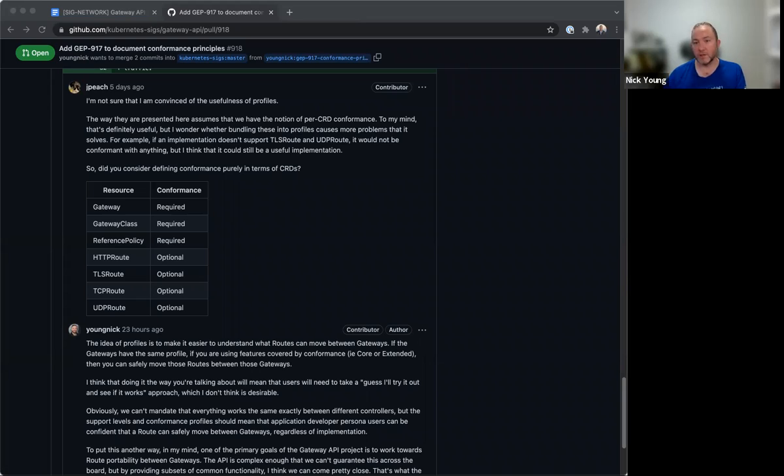But I agree that what I should be doing in this document is specifying this in terms of the supported resources and being more clear about the core and extended on those resources. And then at the end saying, hey, I'm proposing conformance profiles be a syntactic sugar way of gathering up a common set of these things and talking about them. Do we need conformance profiles? No. Do we need conformance on a per object basis? Absolutely. Does that make more sense?